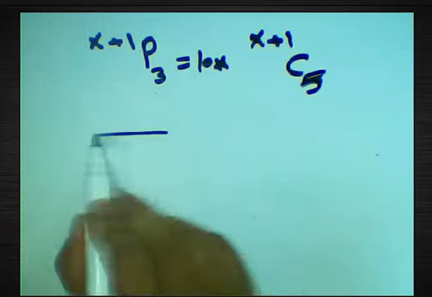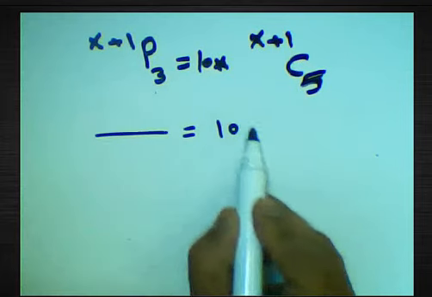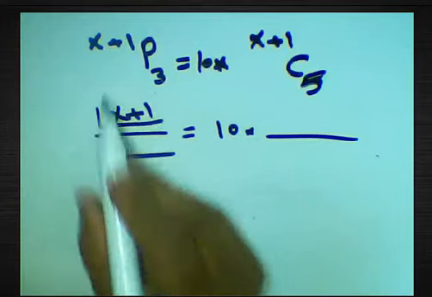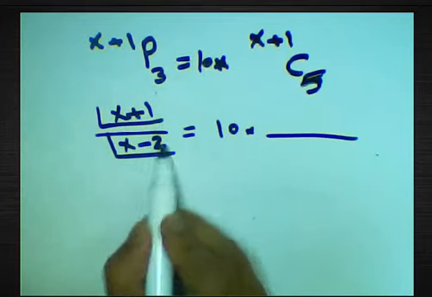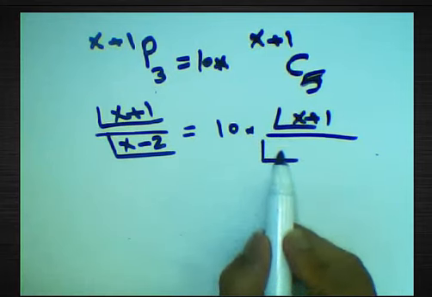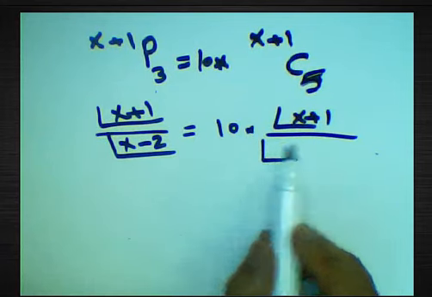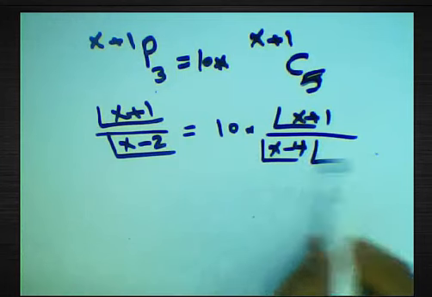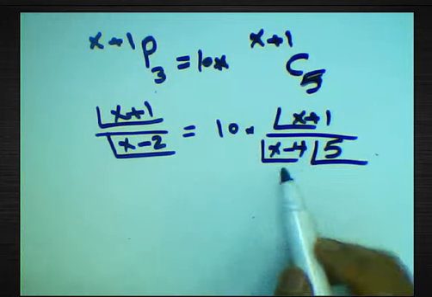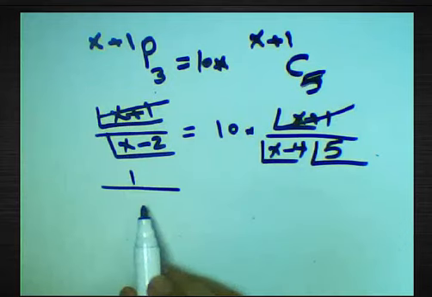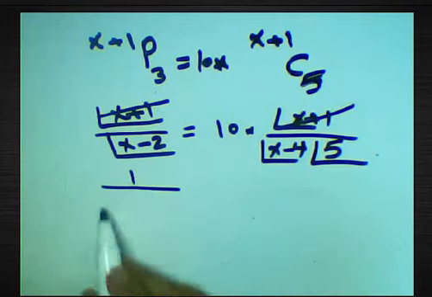We can simplify it: factorial (x+1), the difference between them, (x+1) minus 3, which is x minus 2, and factorial (x+1) over factorial of (x+1) minus 5 equals factorial x minus 4, multiplied by factorial 5, and we can cancel them and write here 1, factorial x minus 2,